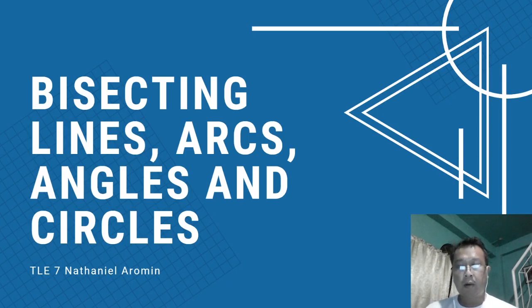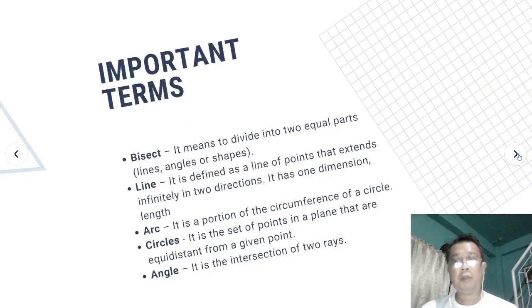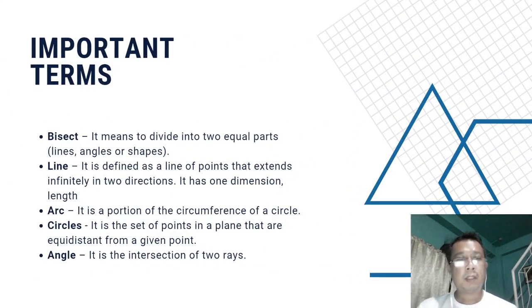Now, going back on the topic before na pag-usapan na natin about bisect. So, pag sinabi nating bisect, ito yung hinahati natin, or it means we are dividing an object into two equal parts. So, ano-ano yung mga pwede nating hatiin into equal parts. So, pwedeng ito ay isang line, pwedeng ito ay angles, or any shape na meron tayo dun sa ating technical